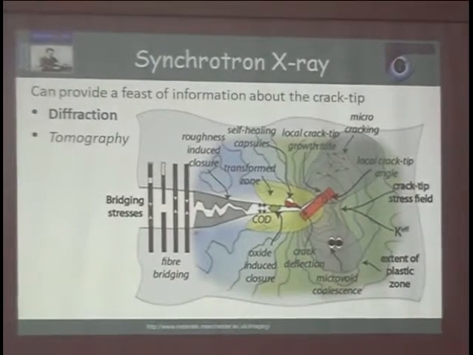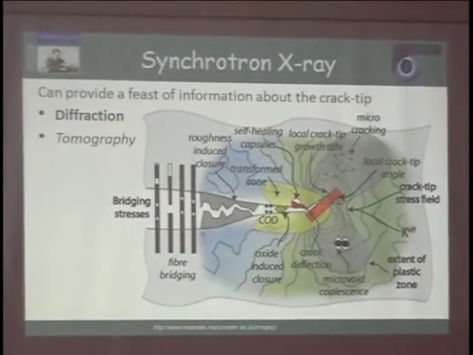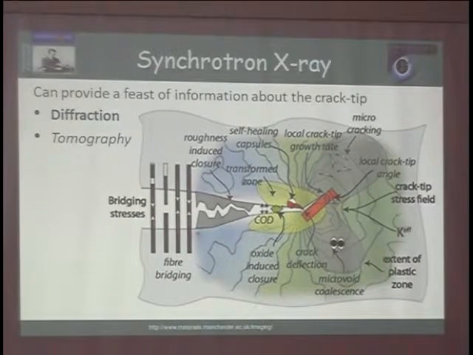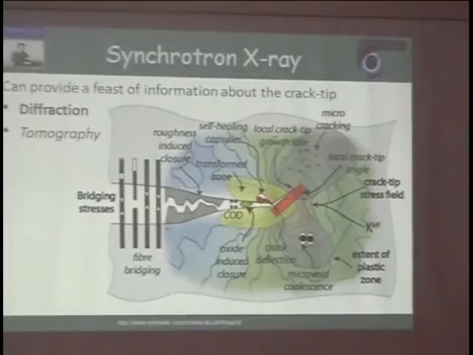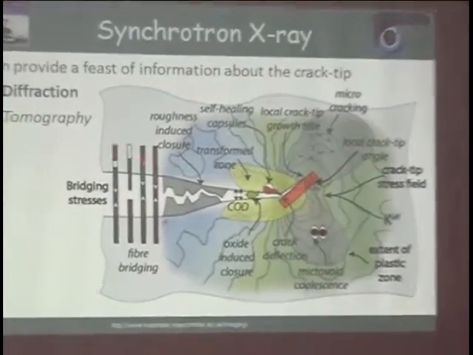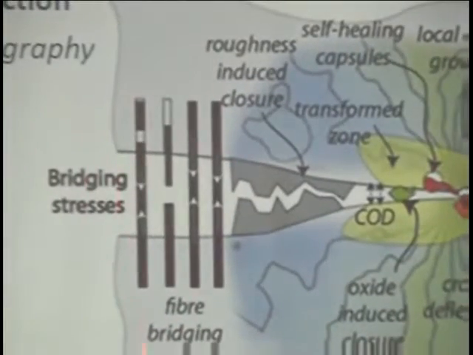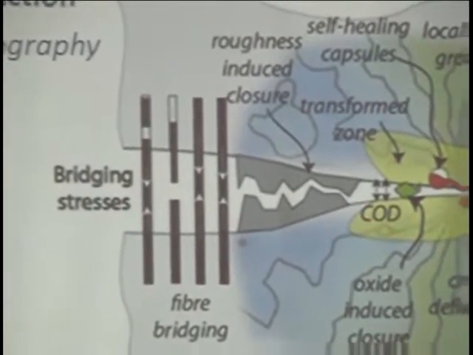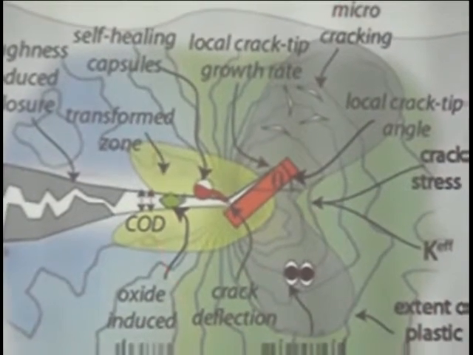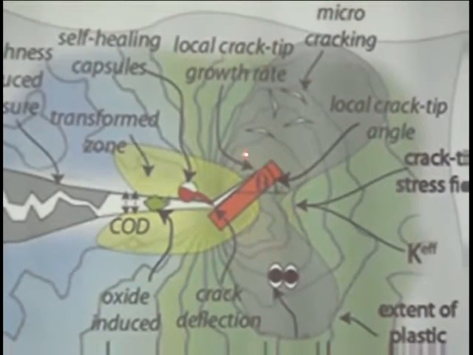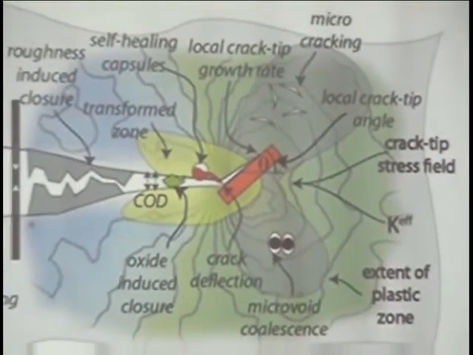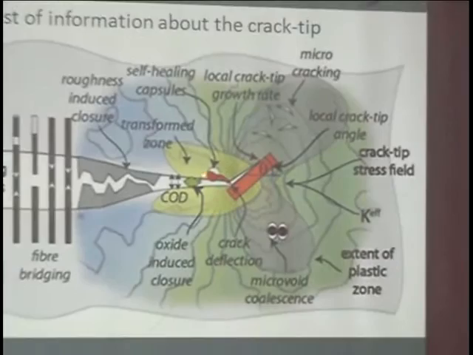Okay, synchrotron X-ray diffraction. I've included this image because I think it gives an idea of my thinking about what you can do with synchrotron X-rays. You can use diffraction, and you can measure a lot of things with diffraction. You can measure any bridging stresses, perhaps in fibres or composites. You can measure the elastic crack tip stress field. You can measure the plastic, I think Neil's been using the word enclave, the plastic area local to the crack